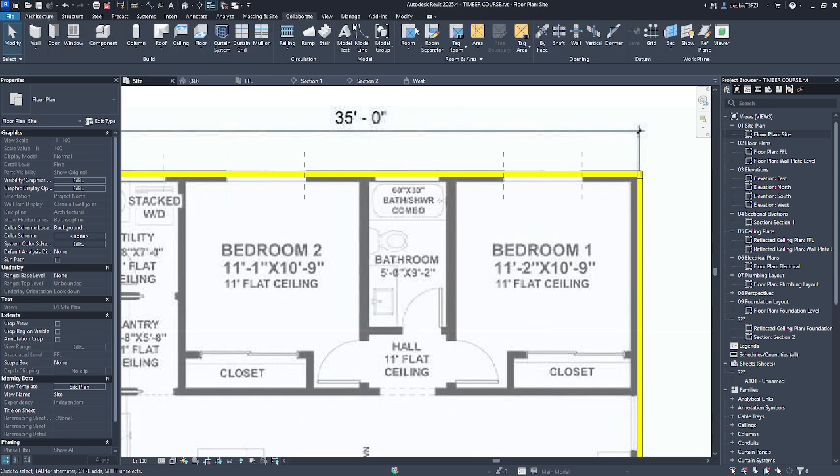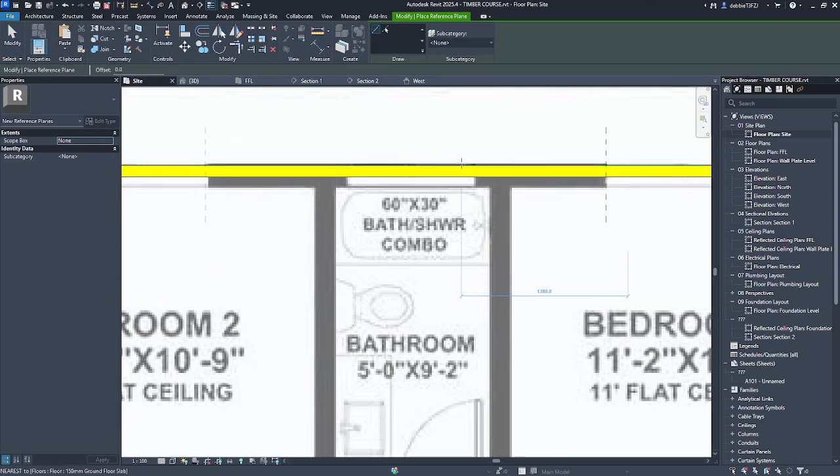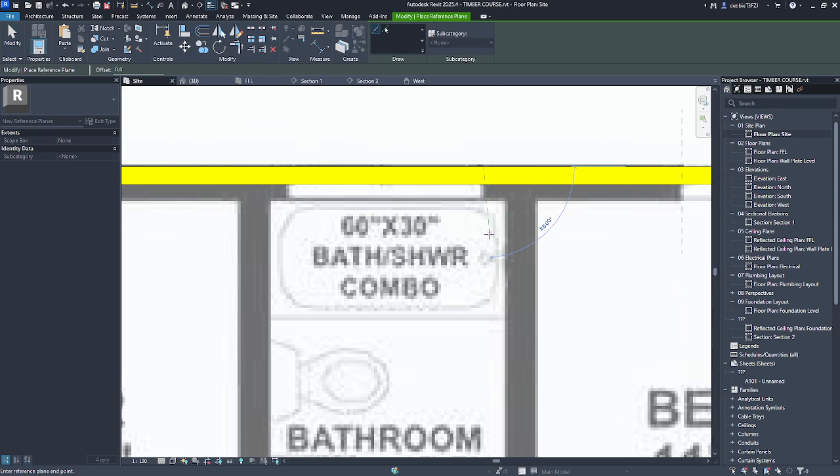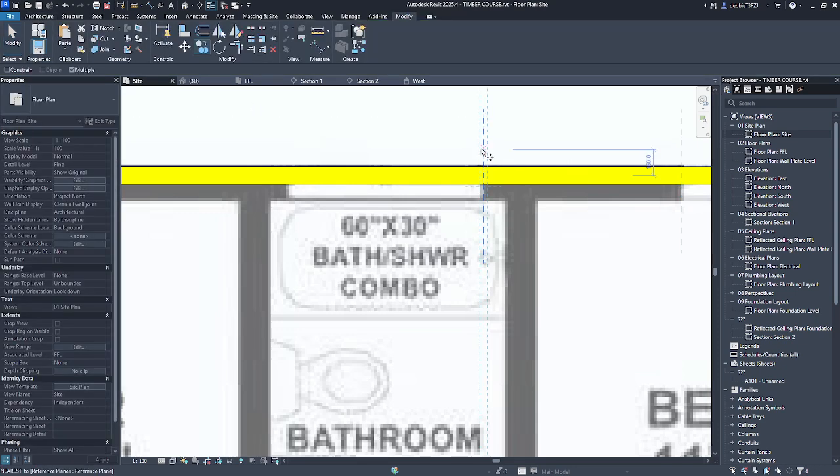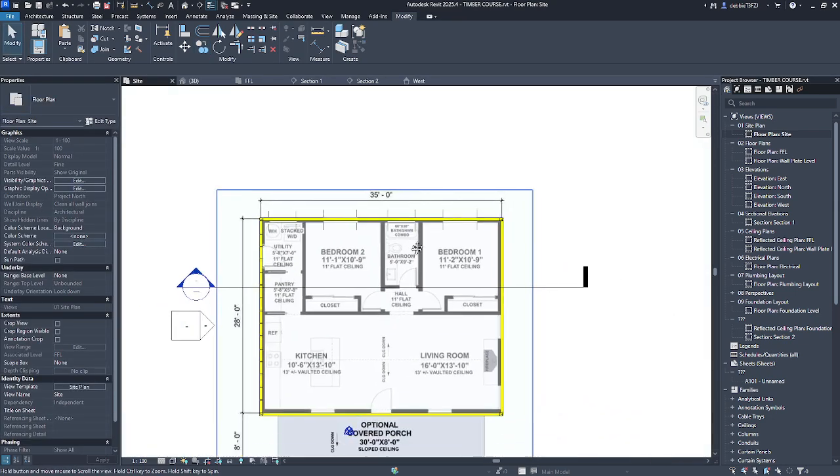Let's quickly do the bathroom window, reference plane. Just drag it up a bit. Copy to a 1.2 as well.